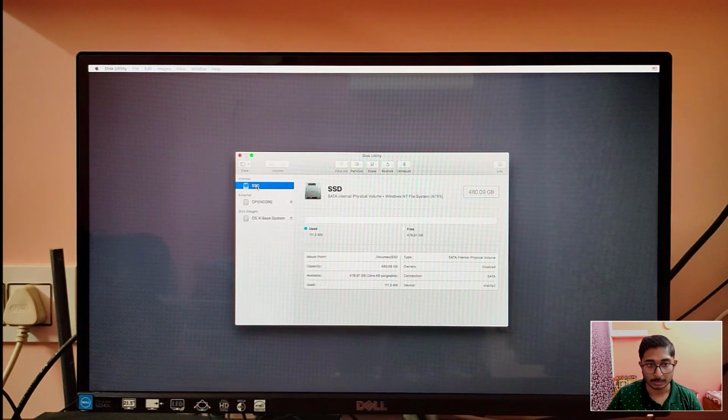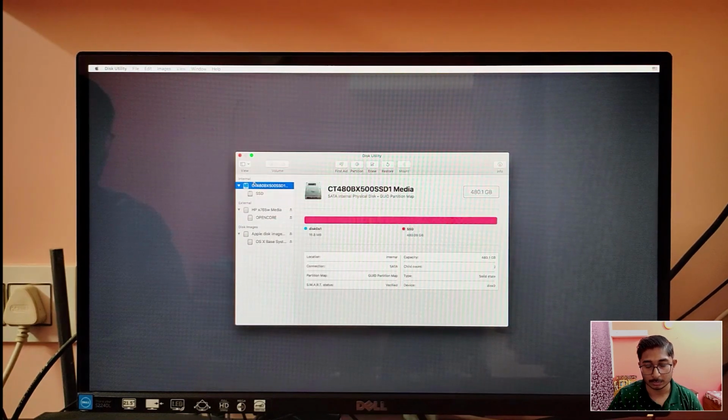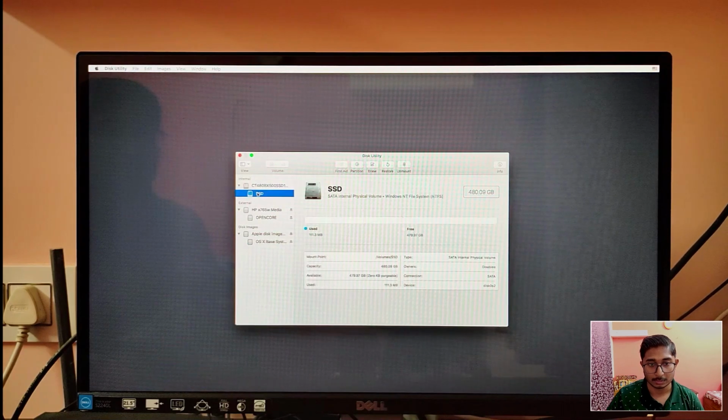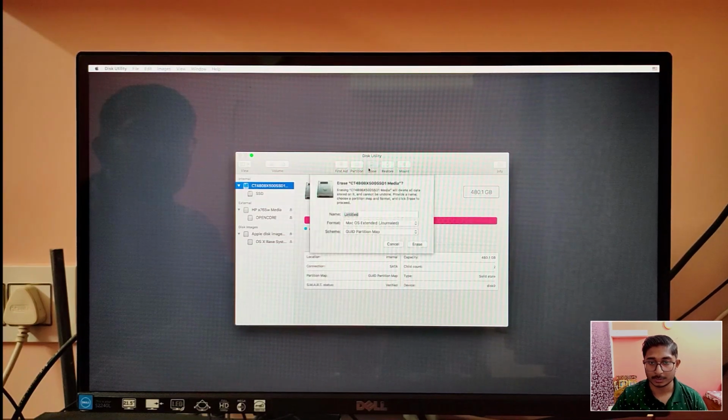So we need to format it, but it is not showing the whole of the SSD. So we need to go to view, show all devices. See, now we'll be able to see the whole of the drive. So we need to just erase the full drive. So we select the whole drive, click on erase,